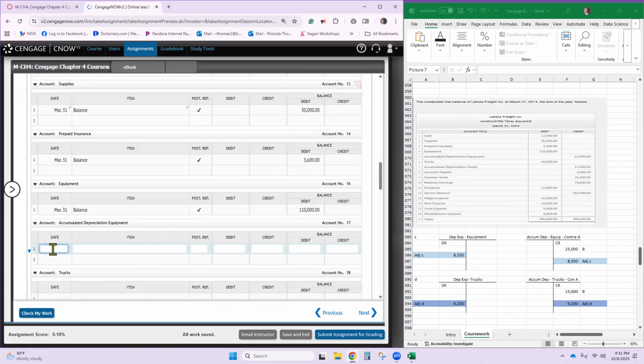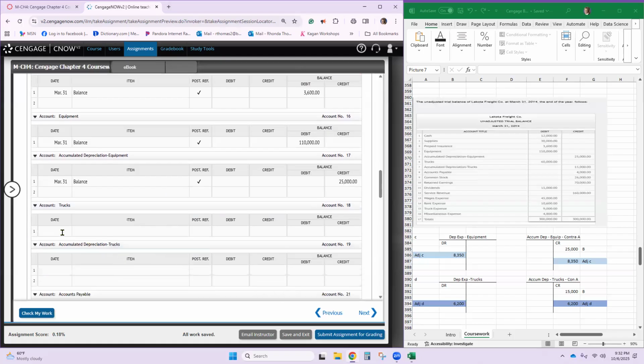Accumulated depreciation has a balance with a check mark, and this is going to be a credit balance, so be careful. The next one is the trucks, March 31st, balance. Trucks are 60,000 with its accumulated depreciation, which gets a credit of 15,000.